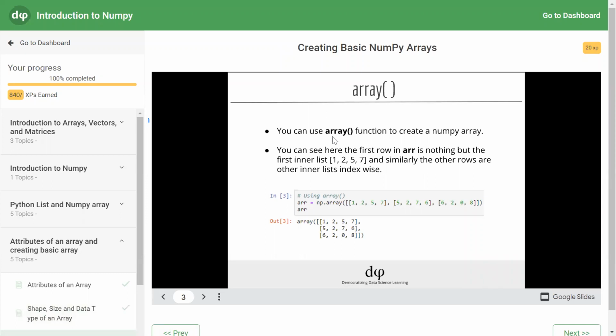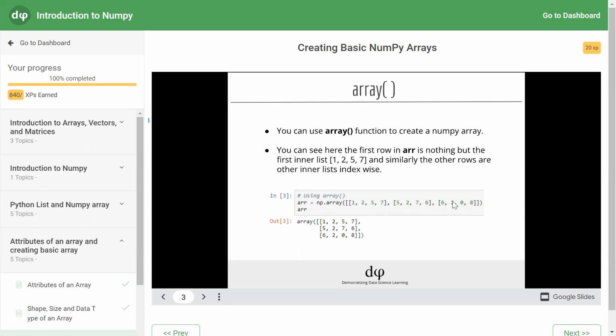Array. You can use the array function to create a NumPy array. You can see here, in the first row, the array is nothing but the first inner list, and similarly the other rows are the other inner lists, index-wise. So with np.array we have created an array by passing lists of lists where the sublists are 1 to 57, 5 to 76, 6 to 08.